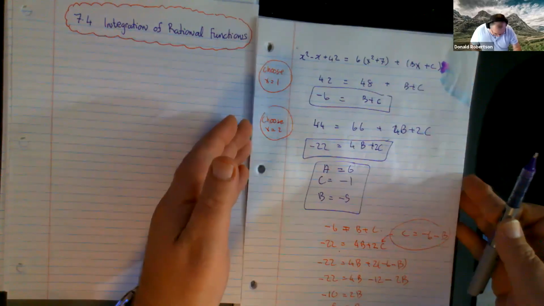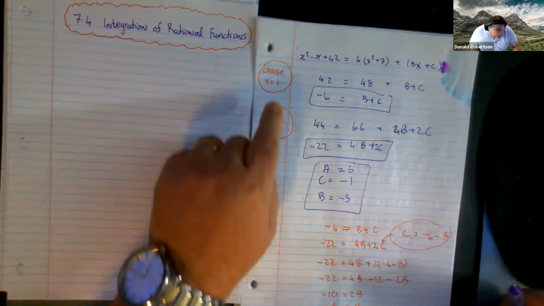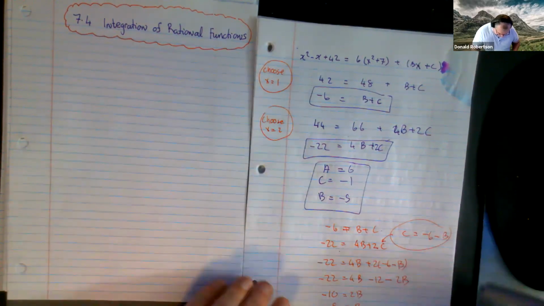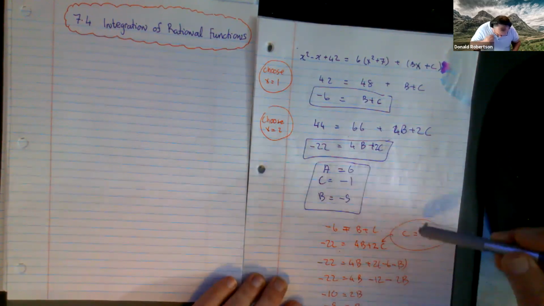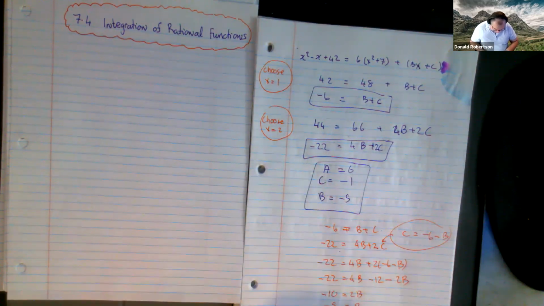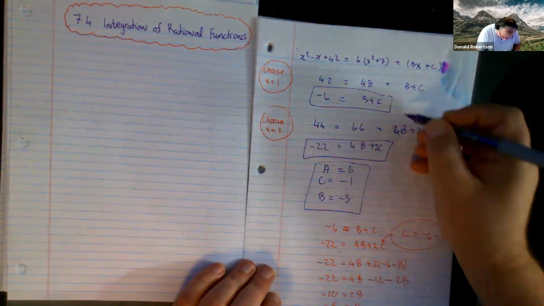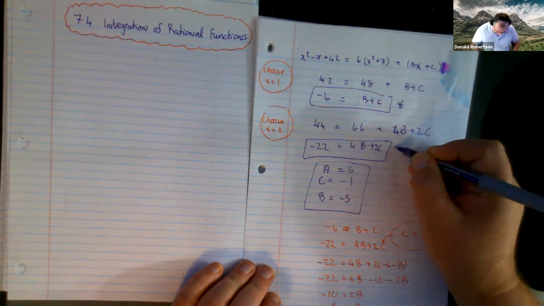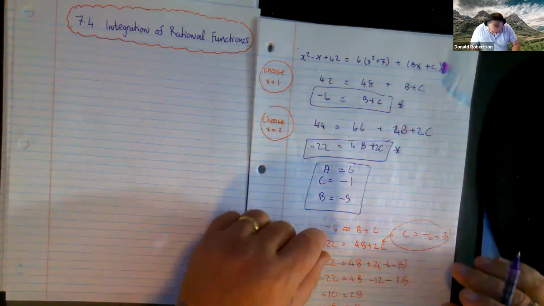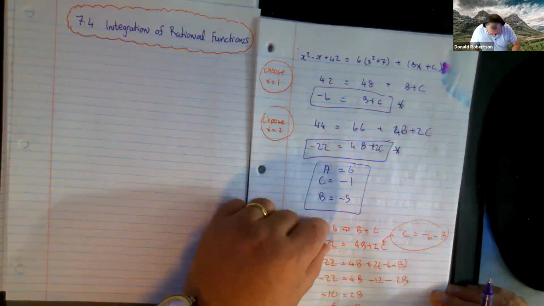So essentially I choose x equals 1 and I choose x equals 2, and that allows me to solve a system of equations. And the two equations end up being this one here and this one here. And then if you use the technique that you learned way back in 94,